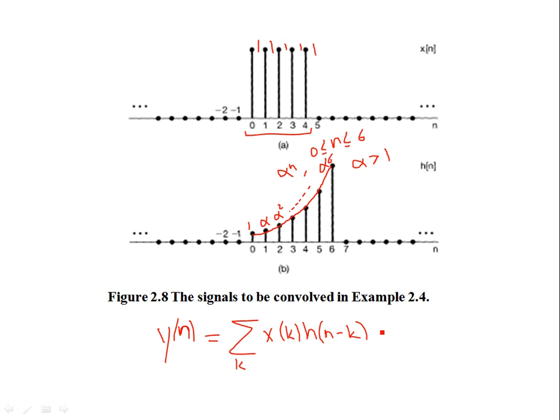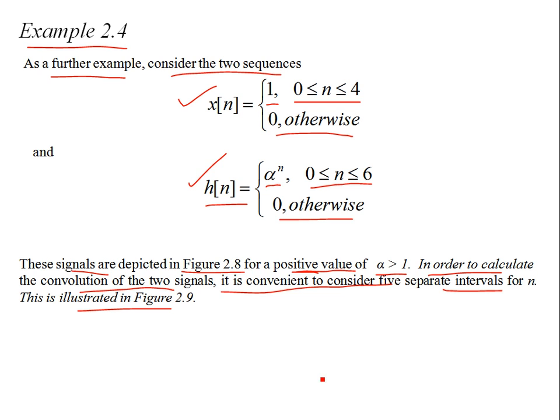So what is the expression that I have? Well, this can be expressed as a summation over k of x of k, where all the samples are identically equal to unity. However, h of n minus k can be written as alpha to the n minus k. Since the summation is over k, you can take alpha to the n outside the summation, and you're left with alpha to the minus k, and then you can sum it up. But before we do that, let's consider figure 2.9, and have a look at the 5